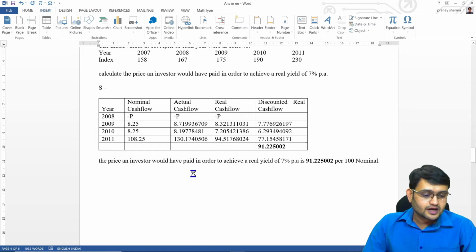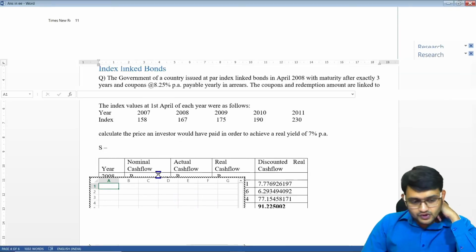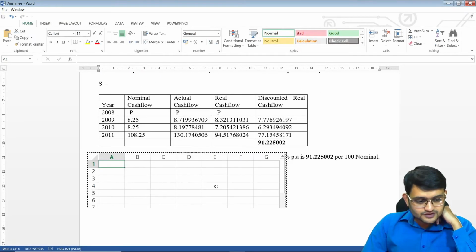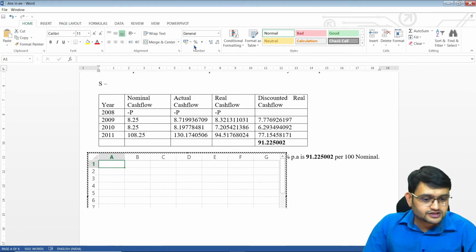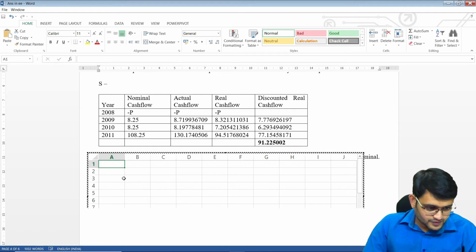It takes a little bit of time. So you can see here I have an Excel spreadsheet, and this format is basically my Excel has now been opened inside my Word. So I can increase the space for this.